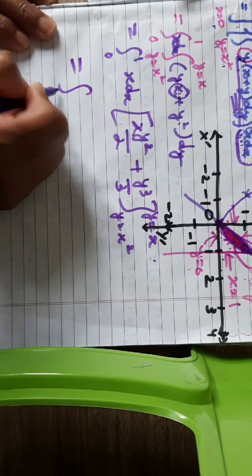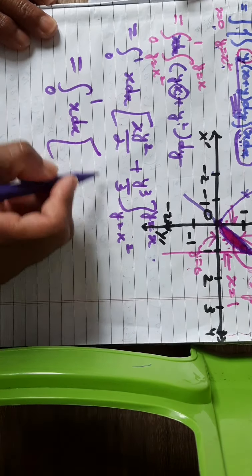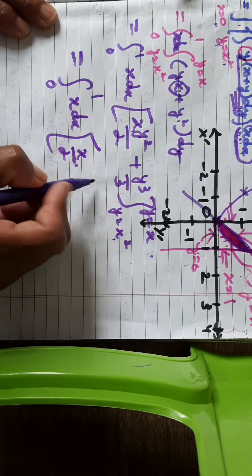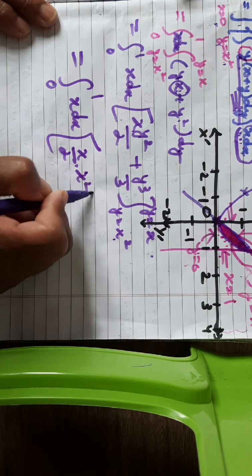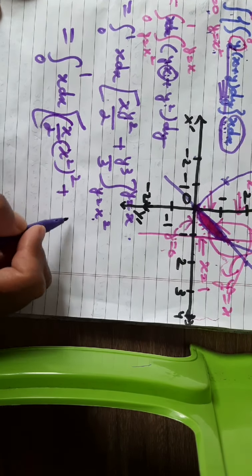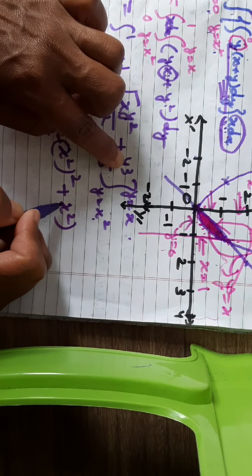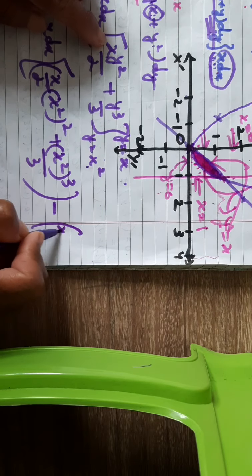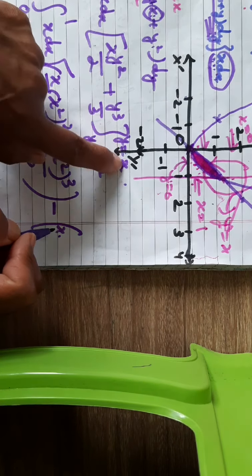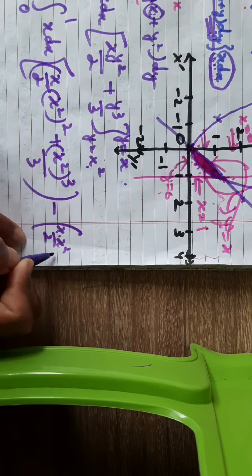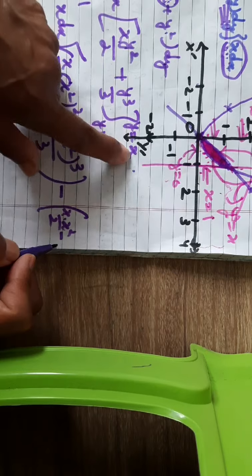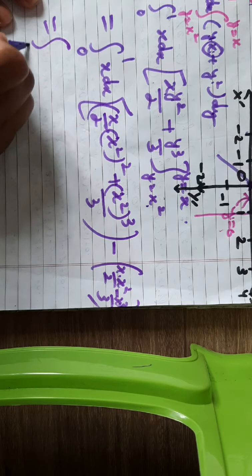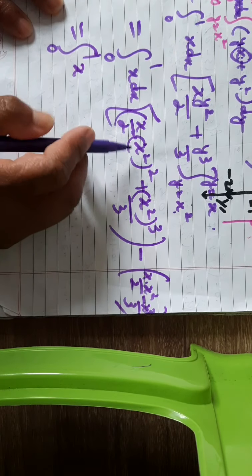So this is integral 0 to 1 x dx. Substitute the upper limit and lower limit. So x by 2 will remain. Therefore y replaced by x square, it will become (x square) whole square, plus it will be (x square) whole raised to 3 divided by 3, minus the lower limit. For the lower limit, you replace y by x, so it will be x into x square by 2 minus, y replaced by x, x cubed by 3. So now you can see from here that it is integral 0 to 1 x